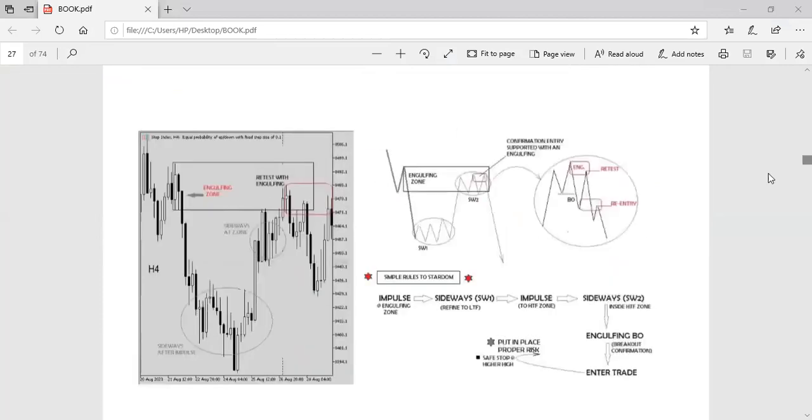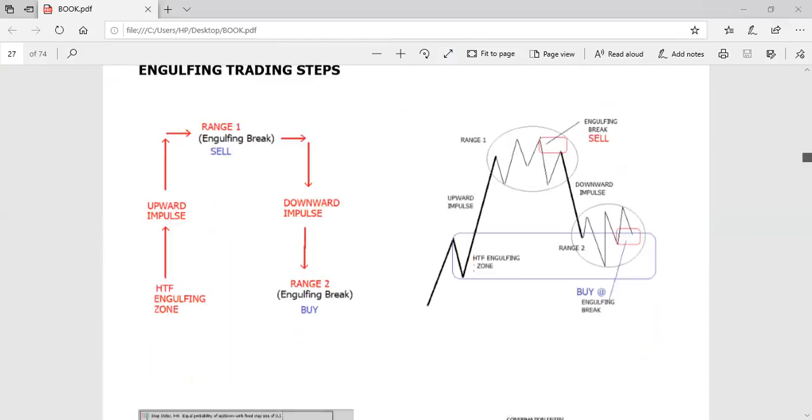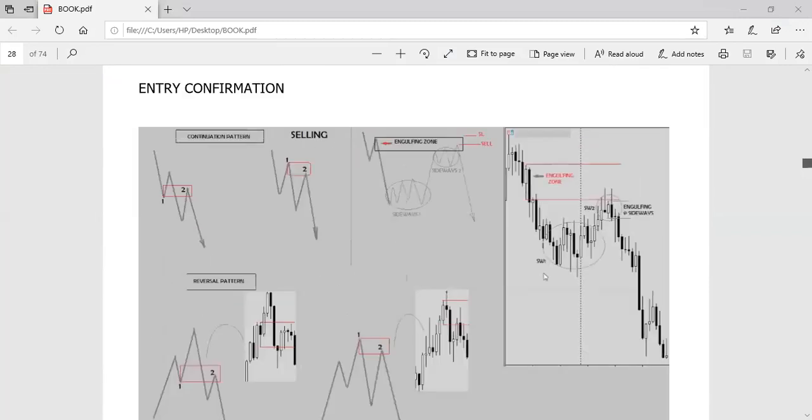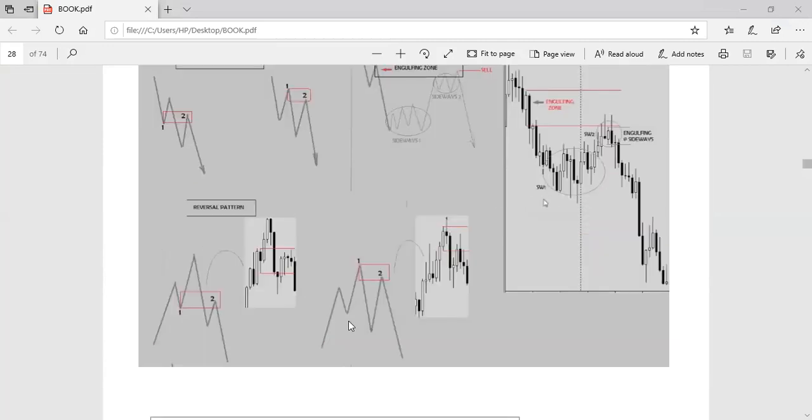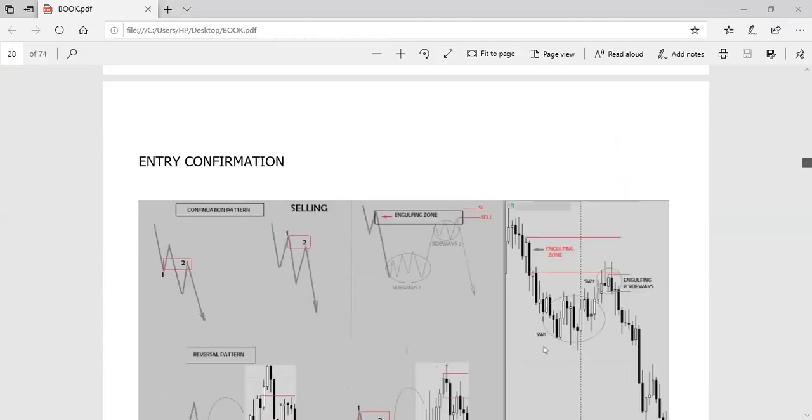I've shown you the DC. Just follow the instruction, follow the flow chart, follow the simple steps to enter into your trade. See here, this is the pattern: a breakout you want to see inside a zone. That is a lower time frame breakout you want to see. You are waiting to see inside this zone: first range, second range, and price comes down.